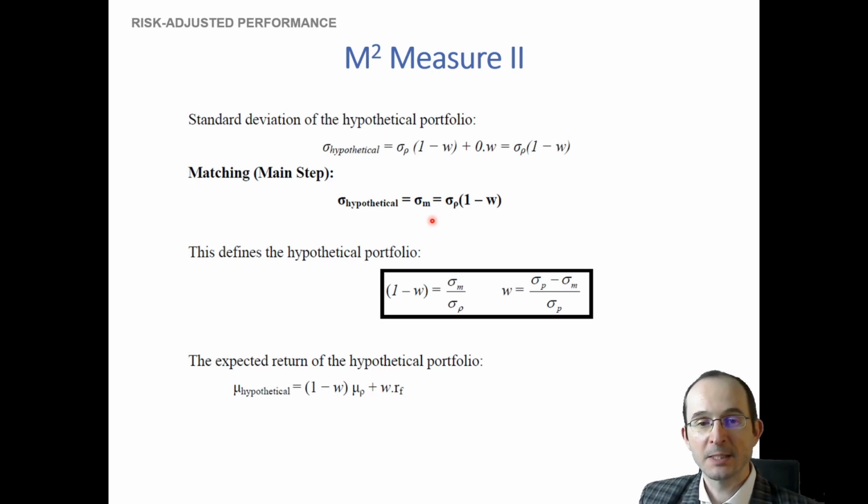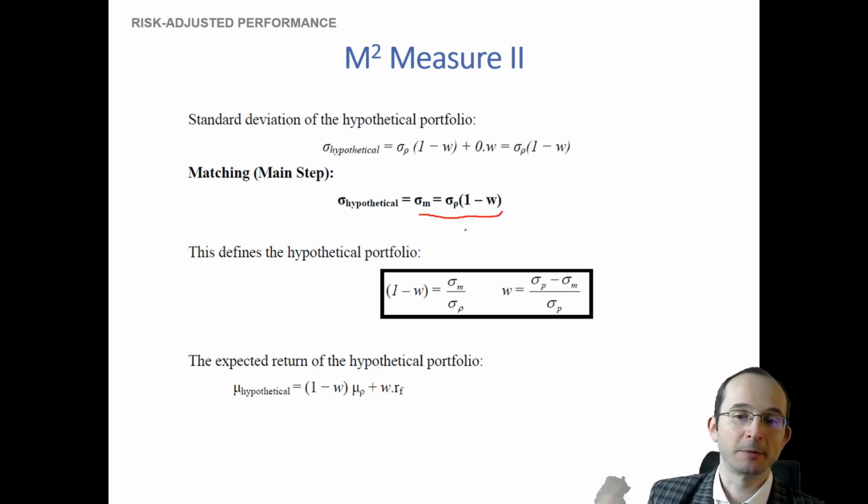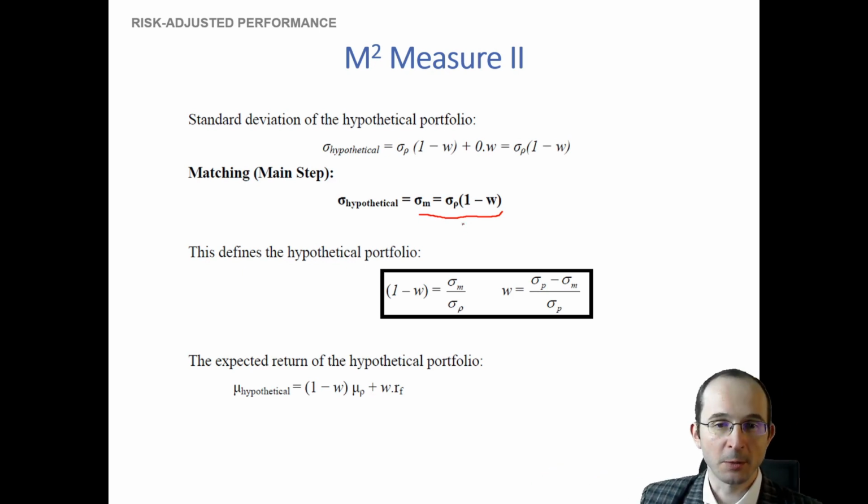And we know what the expected return to the hypothetical portfolio then is as well. So first of all, what we can do is rewrite this equation that we have created as a definitional matching of our hypothetical portfolio that invests part in the risk-free rate, part in our candidate portfolio, such that its total risk is equal to that of the market. We can rewrite this expression